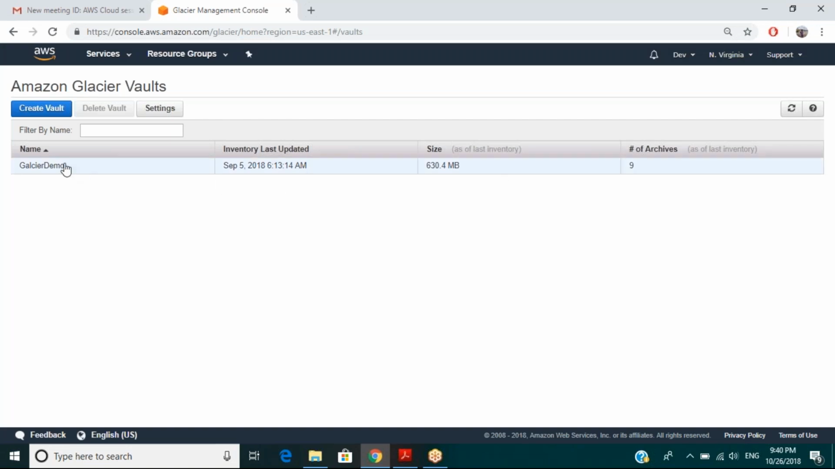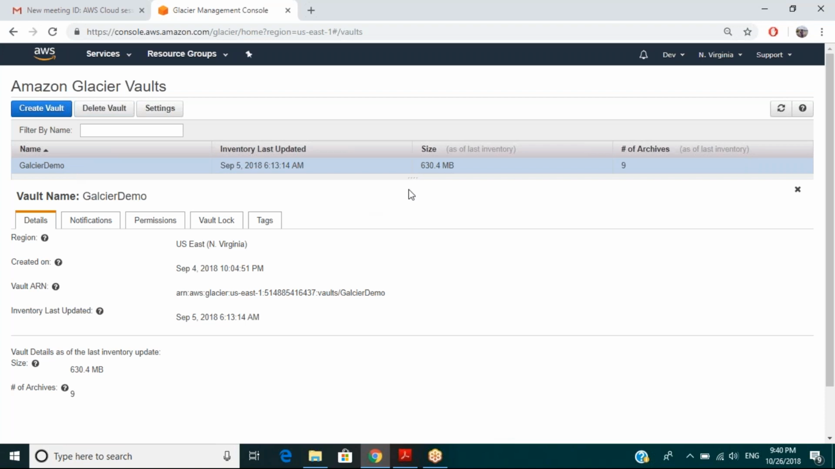Okay, and for this one, normally you can create vaults. You create something called vaults within a Glacier, and a vault is like, you would have heard of a vault where you keep your money. Similar to that, you keep your data here. Glacier Demo is the vault name. Whenever you create a vault, you have to specify a name, and then it will have details. For example, the region is North Virginia, and it was created on 4th of September. Its ARN, as I said, is the Amazon Resource Name, followed by when it was last updated. And the size is 630.4